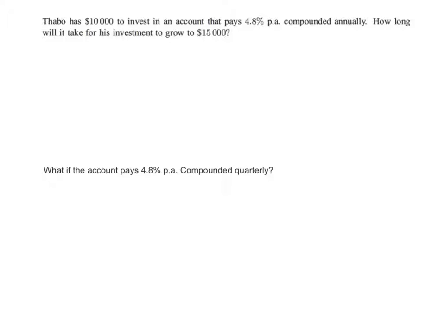Similar questions to the previous one. Tabo has $10,000 to invest in an account that pays 4.8% per annum compounded annually. How long will it take for his investment to grow to $15,000? So he again starts with $10,000 and then he gets an interest of 4.8%. So 1.048. How many payments, right? How many years later will it be equal to